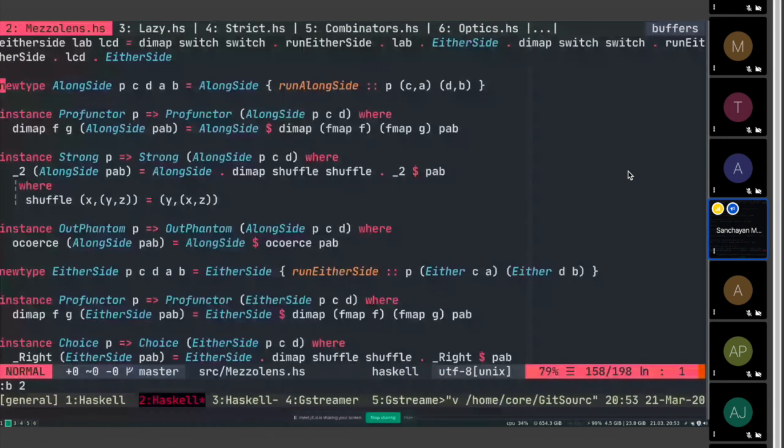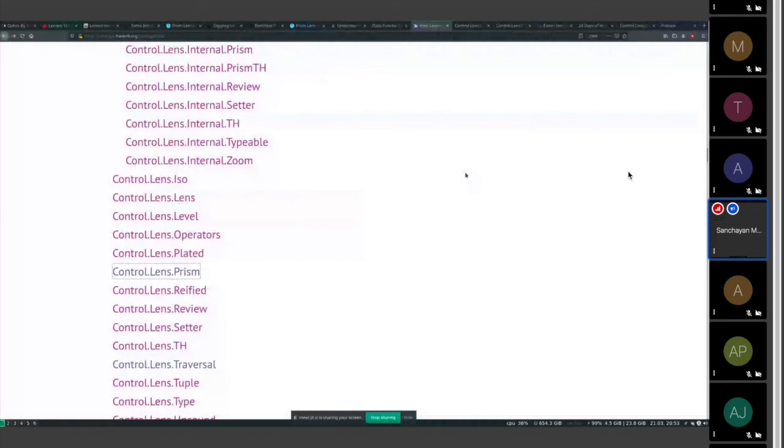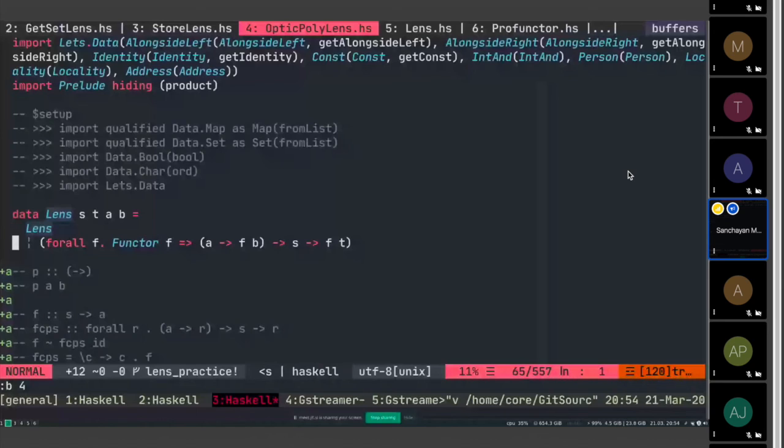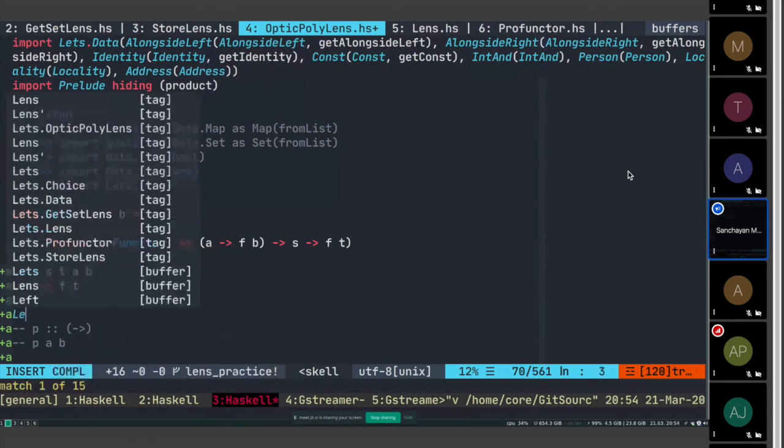Now, the one final part I want to cover is we talked about why lenses compose in a different order than your regular dot composition operator. So let's say I have a lens S T A B. If you see the actual type, in the end, what you get is basically S to F T. Now imagine you have another lens, which let's call U W S T. What you would get is basically,